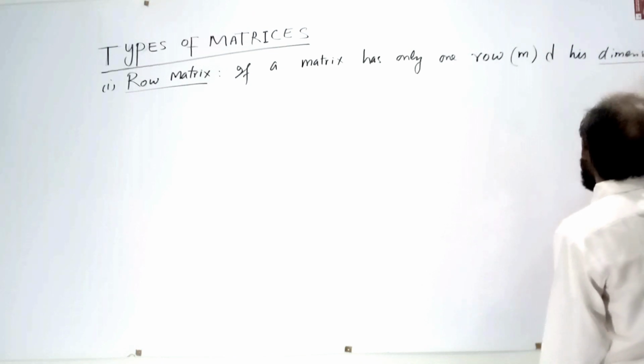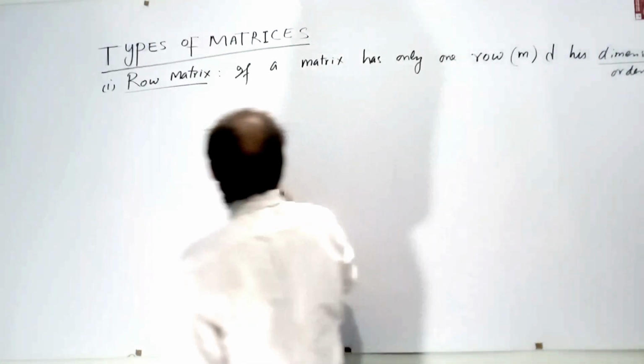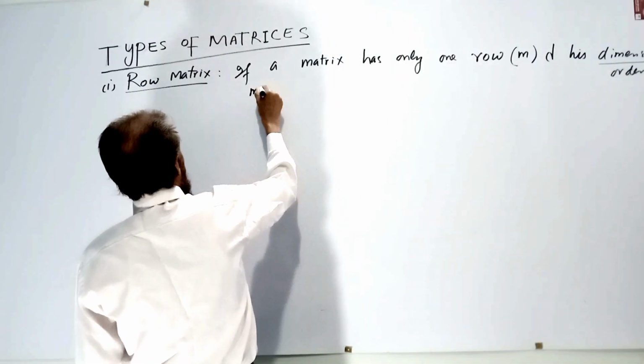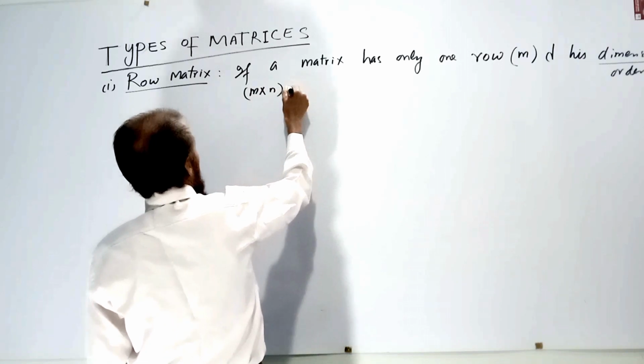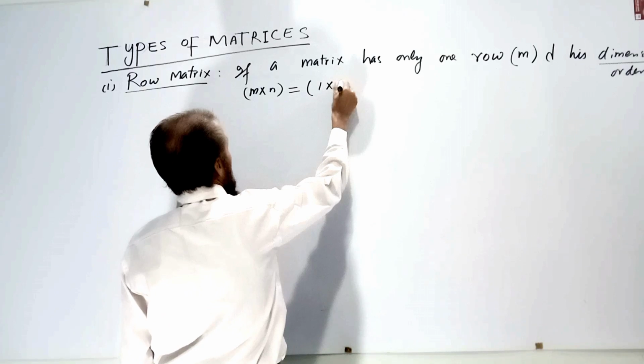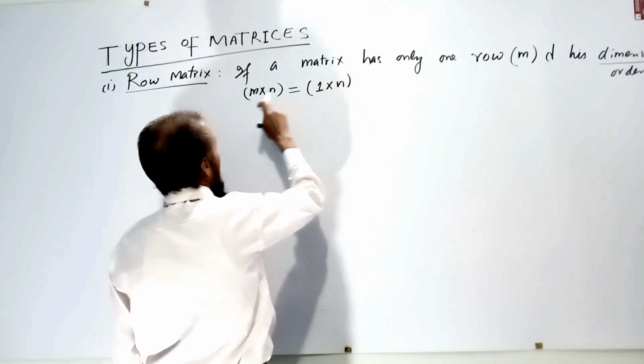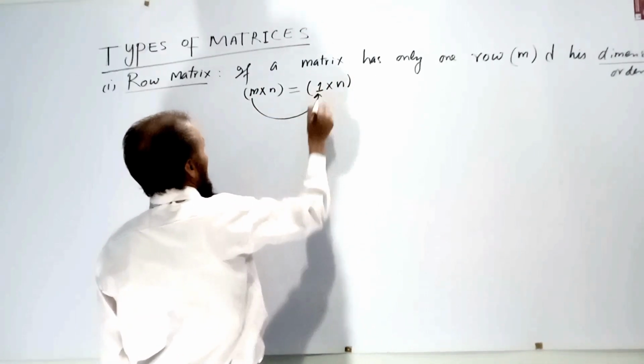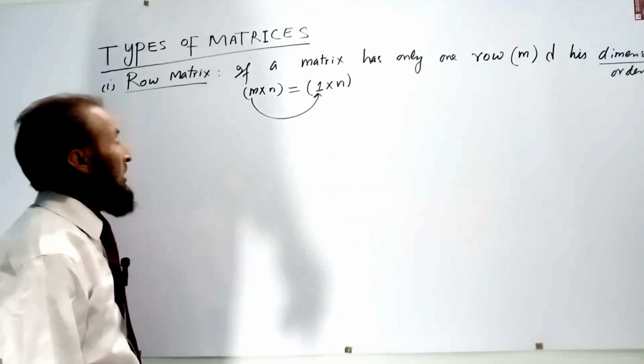Dimension means here order, represented generally by m cross n, but here the matrix is represented by 1 cross n, meaning that here m is equal to 1. So this type of matrix,